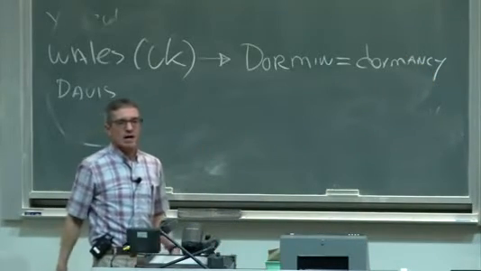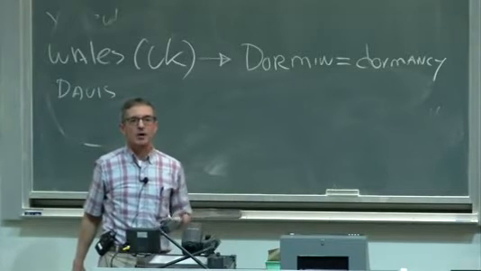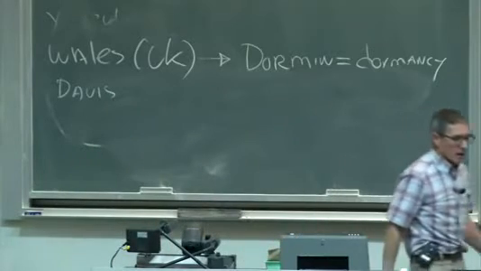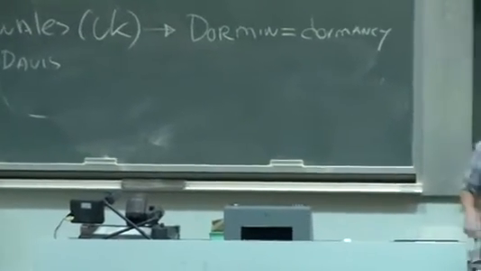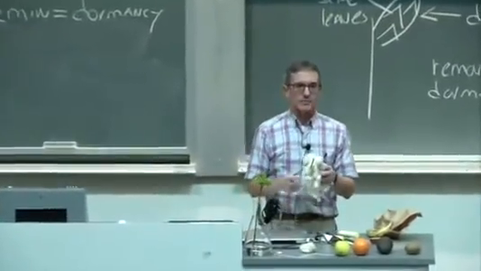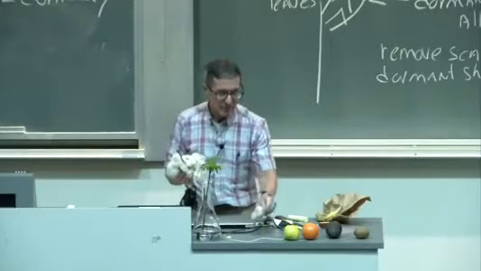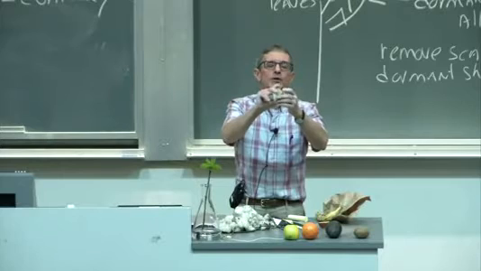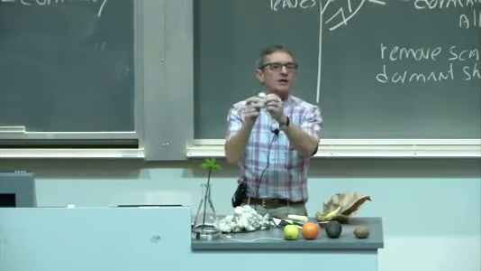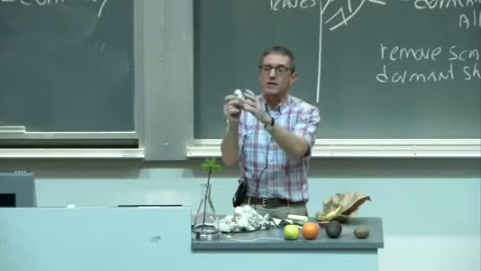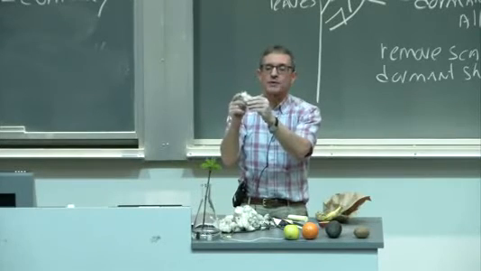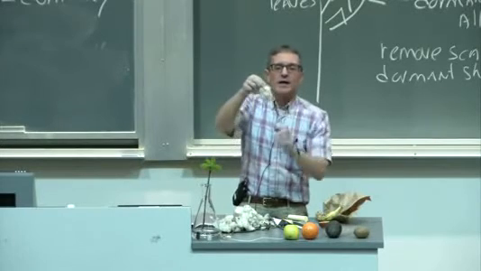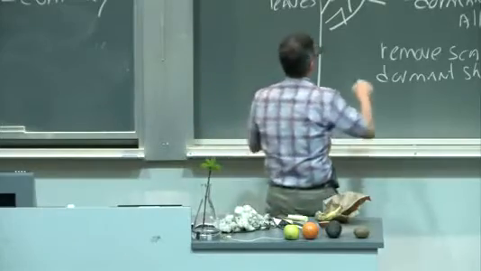At about the same time this group in Wales was working on this compound called dormin, there was a group in Davis who were approached by a large number of farmers here in California. And these farmers were mostly cotton farmers. And the cotton farmers had the following problem. When the cotton fruits were developing, and again, to remind you, this whole structure is a fruit. The seeds are on the inside, surrounded by the hairs that we said are the cotton hairs. Presumably the hairs are important for the dispersal of the seeds. But what the farmers came to the people at Davis for was the fact that in many of the cotton fruits, in the month of June,